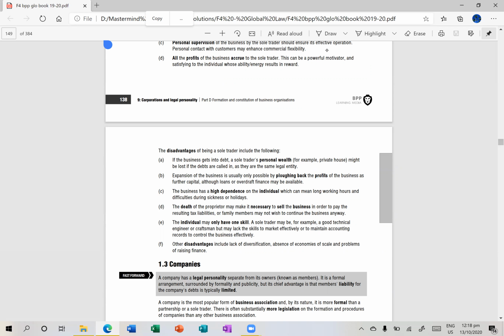Also, if you are sick or if you expire, then in that case, I'm not talking about you, God forbid. I'm just generally giving an example. So, if somebody dies or if somebody who is a sole owner gets sick, then in that case, the business is going to end. Okay, and the family members might not wish to continue the business or might not wish to build up a new business. Okay,